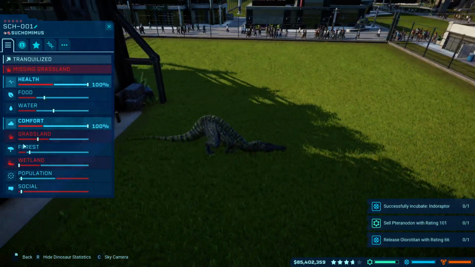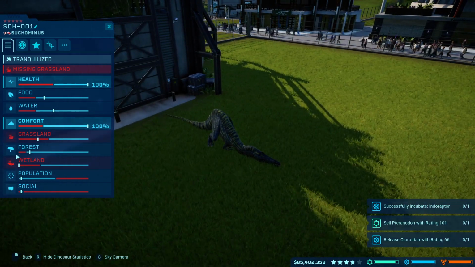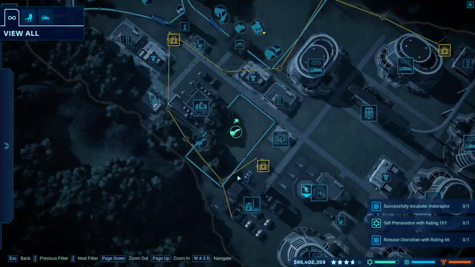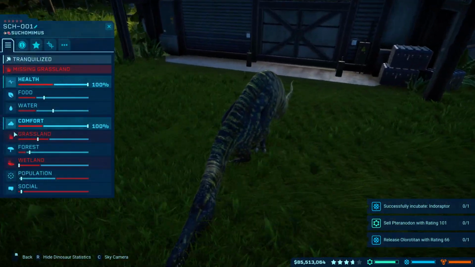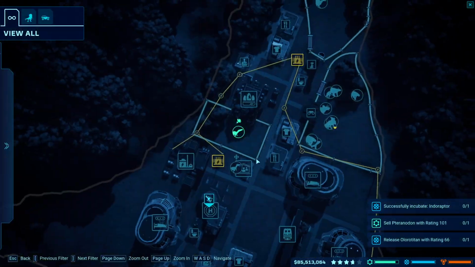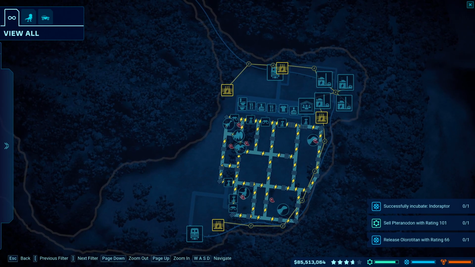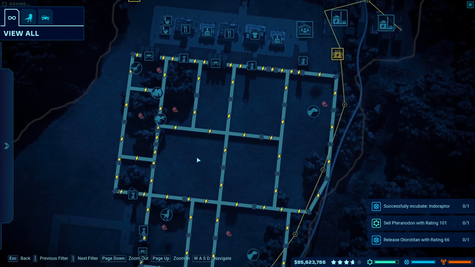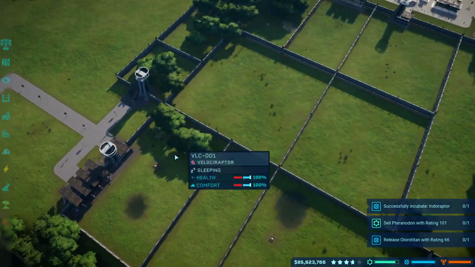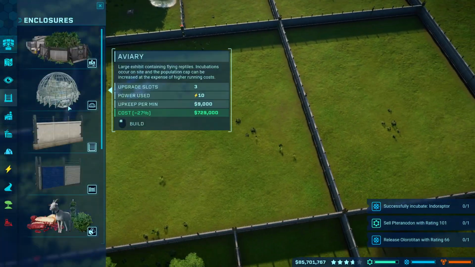requirements for habitat. Okay. Well, the Suchomimus, it doesn't need much forest at all. Oh, it only needs that much forest. Less than that. That's really good. But then it needs about 2 times the amount of that space. Alright, that might be a slight issue. I might have to combine these two enclosures. And then I'll probably get rid of this. And then add in